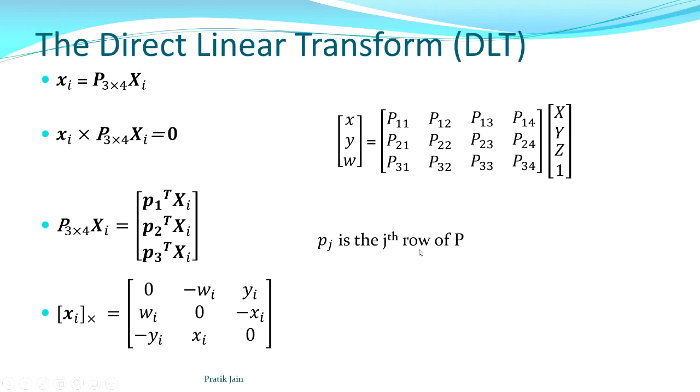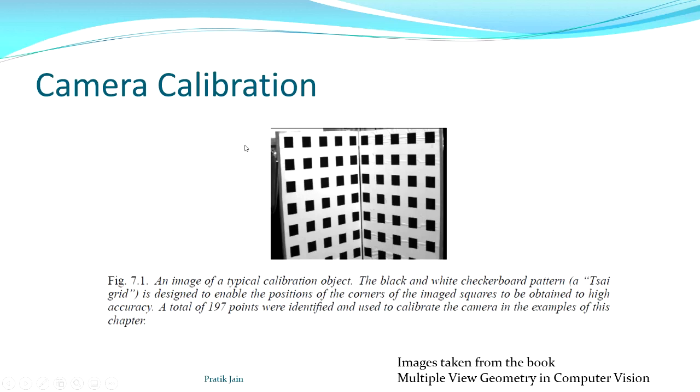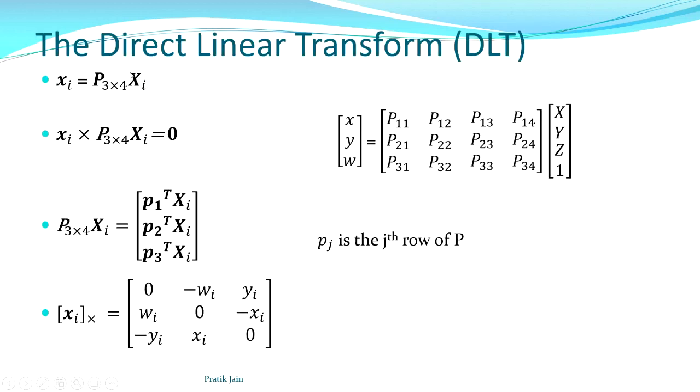Now with this kind of object, you have correspondences. You know which actual 3D point corresponds to which image point. So you have I different correspondences over here. This is what is known as the direct linear transform method. You could also use least squares as we used in the image registration case, or you could use the direct linear transform method. Since this is a new method, I thought of explaining it. This method is quite simple.